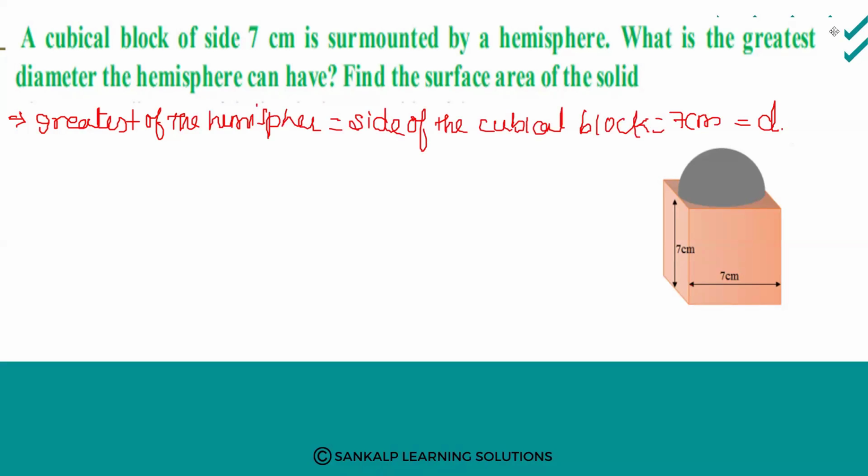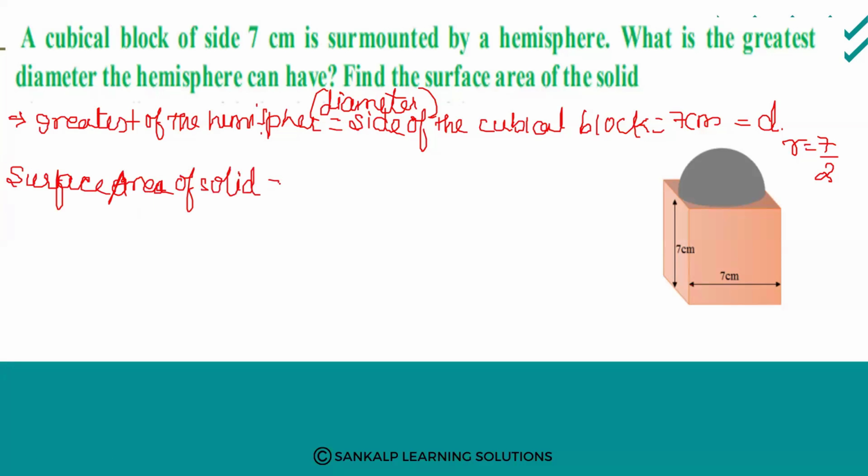So if D is equal to 7, then what is the value of R? R value is 7 divided by 2. Okay, now what they have asked: find the surface area of the solid. So this solid is made up of two shapes, that is one cubical block plus hemisphere, right? So surface area of the solid is equal to